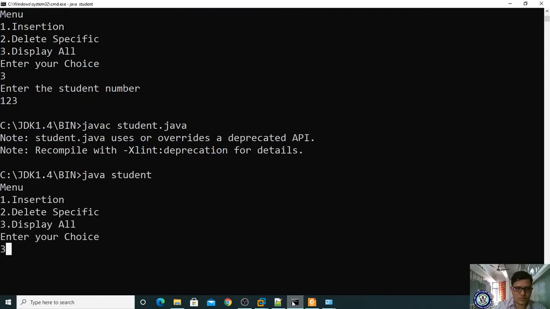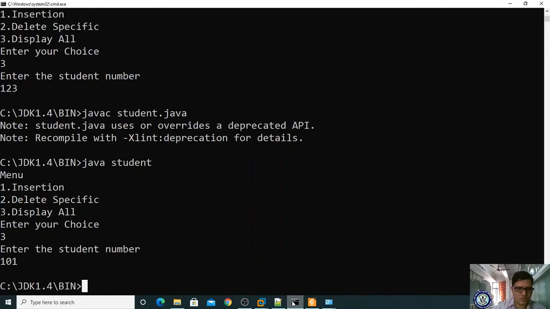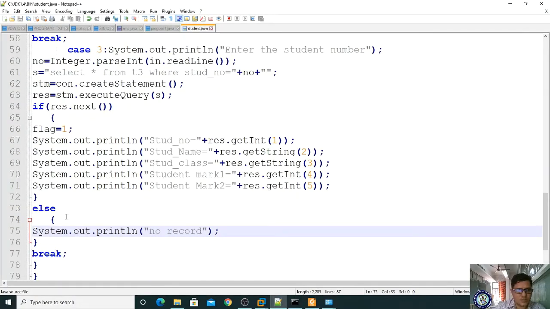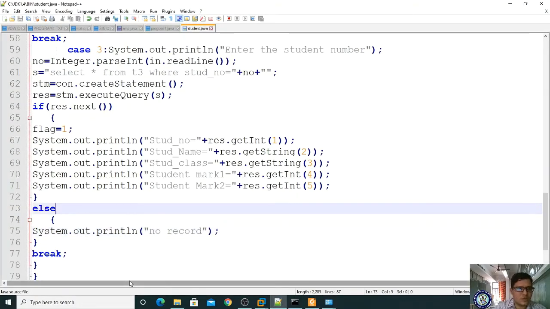Now give the option 3, 101. It is coming out of the program. Why? Some mistake has happened. Else.